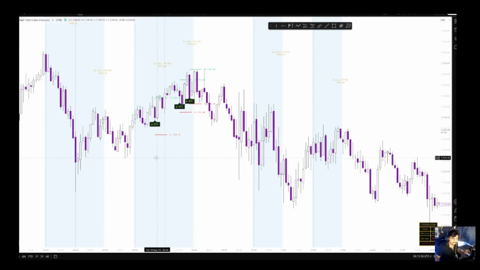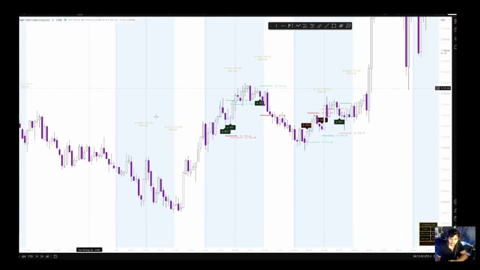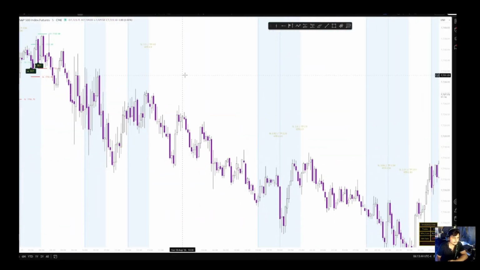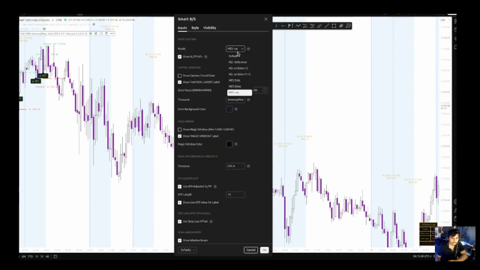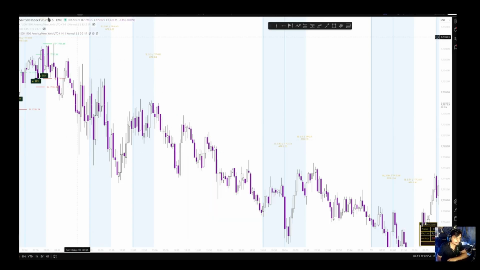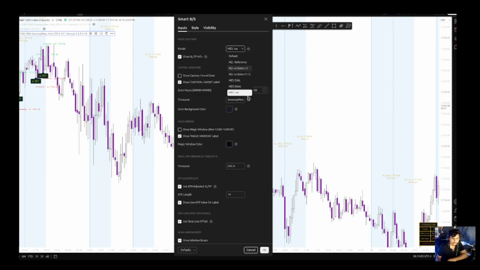Okay guys, I have updated a few models on the smart buy and sell which I've been working on for a while now. So I will just explain each model, okay? So this is the new updated version. We have a few models. Obviously NQ means it's supposed to be used only on the NQ. MES means it's supposed to be used on this asset only, which is MES, okay? Basically futures performance. So the first one is